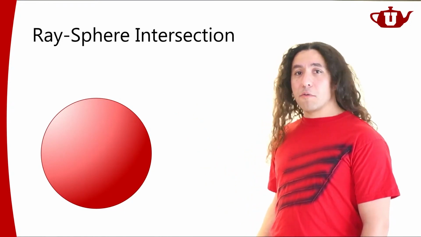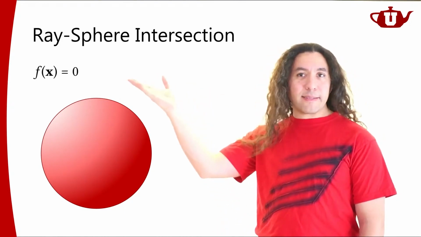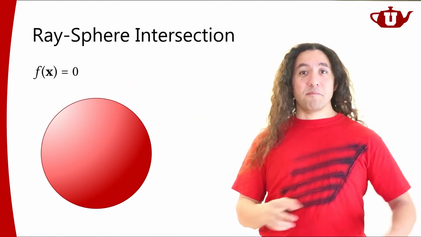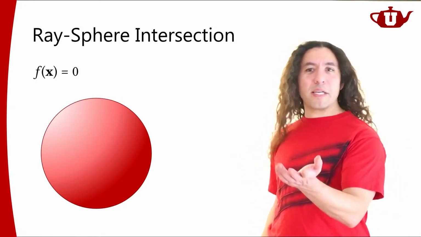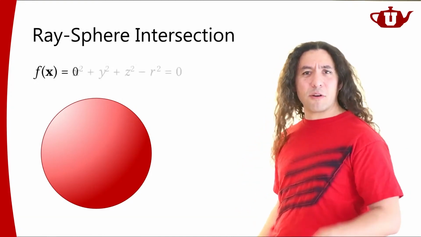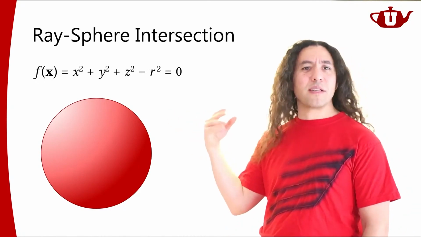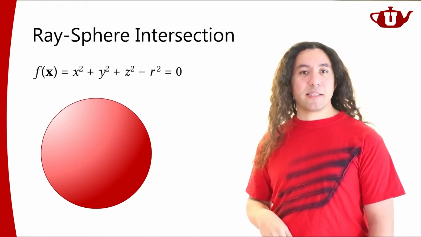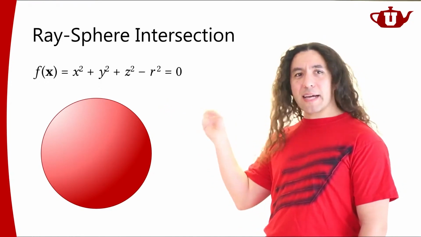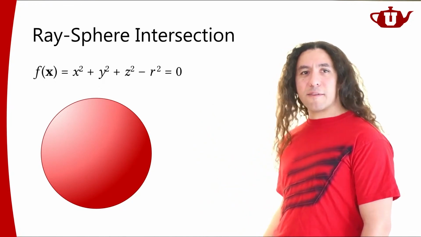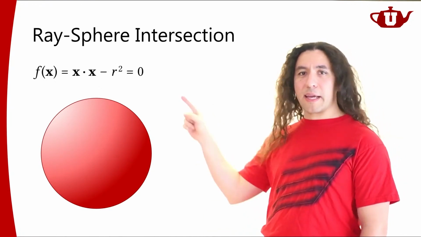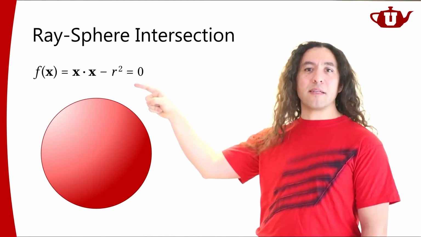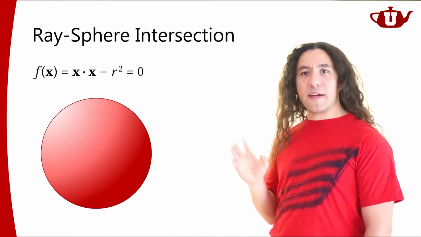All right. So an implicit sphere, of course, has a function. What's the sphere function? You must have seen this a million times. We have even talked about this earlier: x squared plus y squared plus z squared minus r squared is equal to 0. That's the sphere equation, right? But I like the vector form of this equation. I like writing it like this: x dot product with itself, x being a vector, minus r squared is equal to 0. I find it more intuitive.